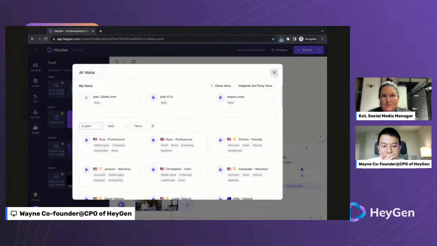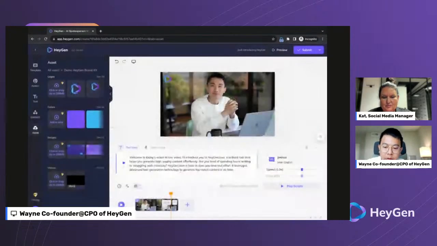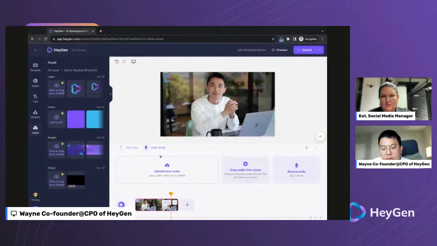So yeah, we have a lot of AI features across the flow to help you make your videos easily, but also accurately. You can also skip the scripts and just upload your audio. If you already have a voice actor, or your own voice provider, or someone on your team is really good at reading stuff, you can upload your audio recording directly for the avatar.